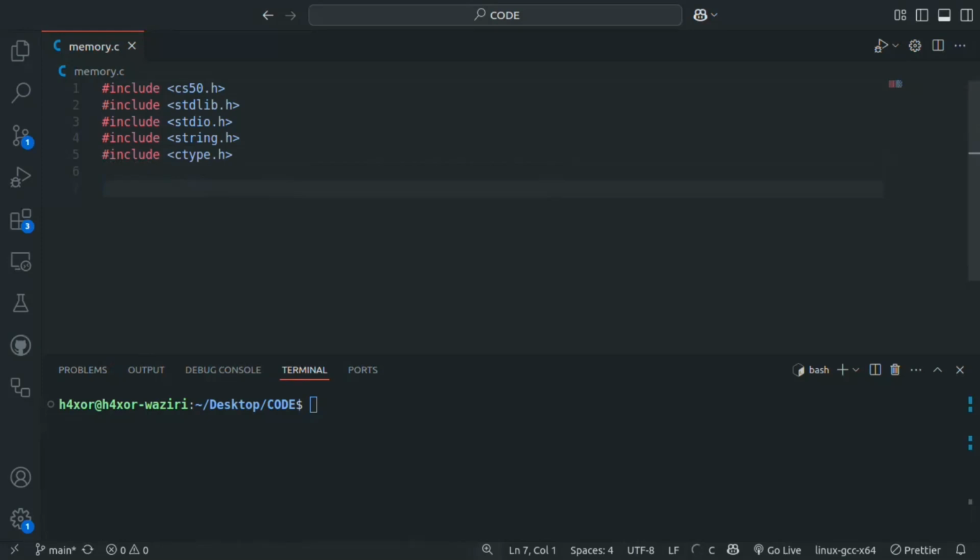Then int main(void) with open and close braces, then return 0;